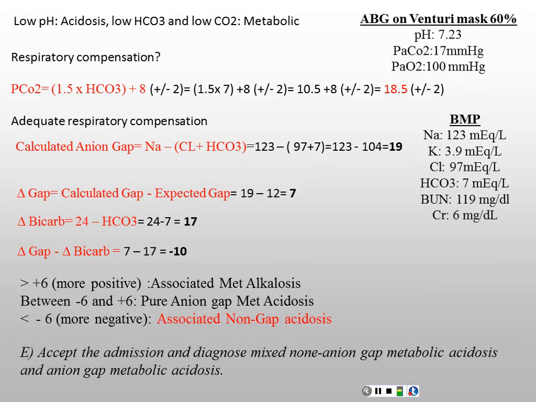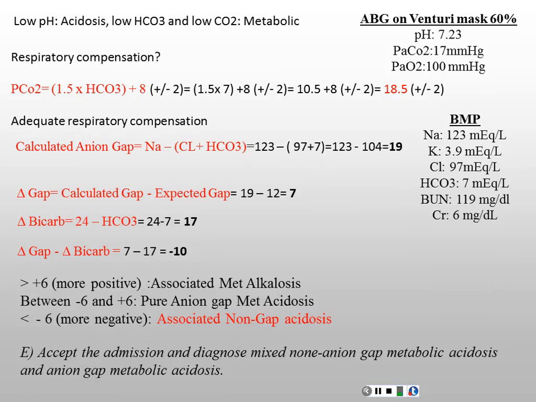It's important to calculate the delta-delta gap, especially if you have a case of DKA, for example, and the patient is vomiting. So DKA is expected to cause acidosis, and the vomiting, through losing HCl, may bring your pH to a normal value. So actually you may have a normal pH and you have two acid-base disorders going on. And if you don't calculate the delta gap and delta-delta, you may think, no, the patient is okay, pH is normal, and you send him home despite having